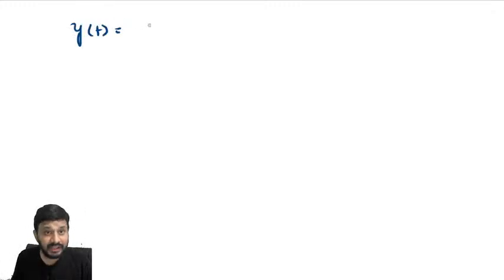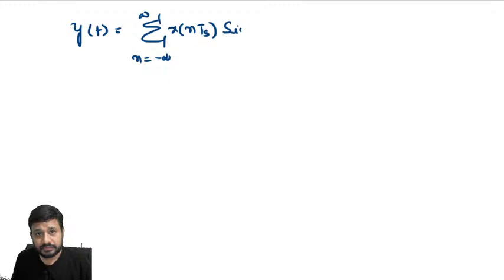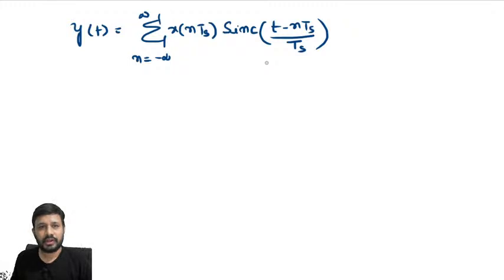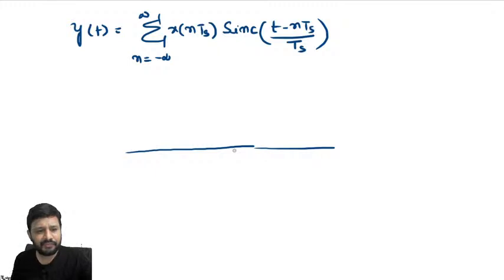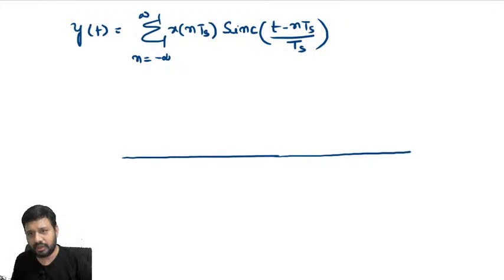Now you will see how the signal is reconstructed in time domain. How much pain is there in time domain? This is what we got. Now what happens if I substitute n is equal to 0? Whenever you have a summation, we substitute different values of n. What happens if I substitute n is equal to 0? n equal to 0 means x of 0 weighted by sinc of t by ts. Look here, my dear friends, sinc of t by ts will look like this.